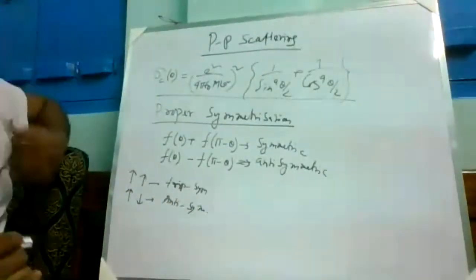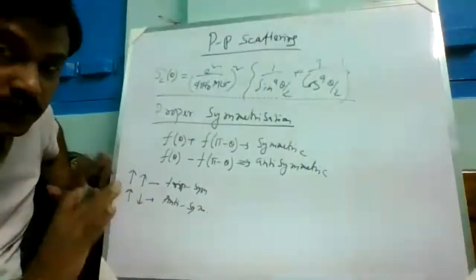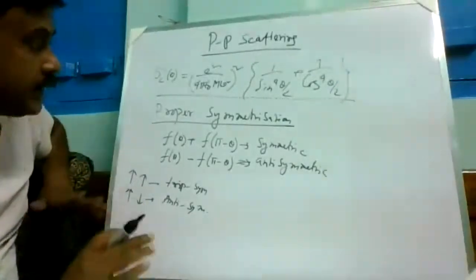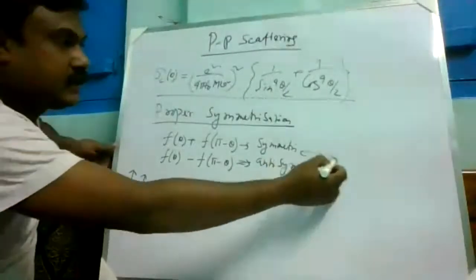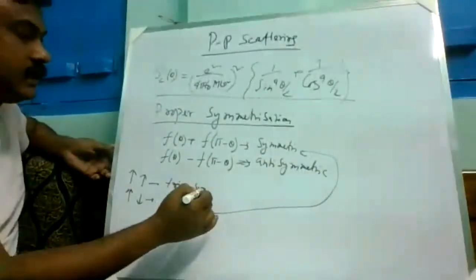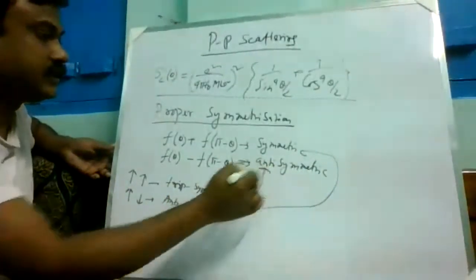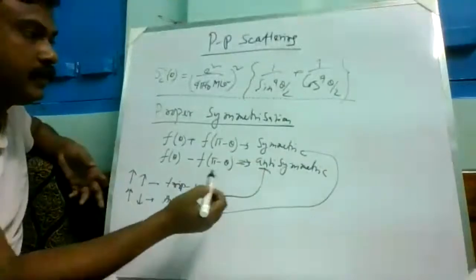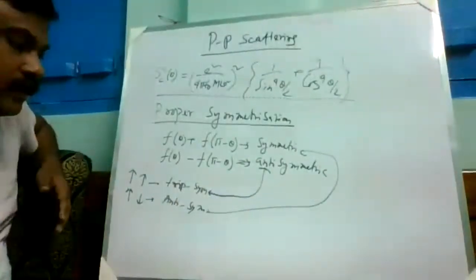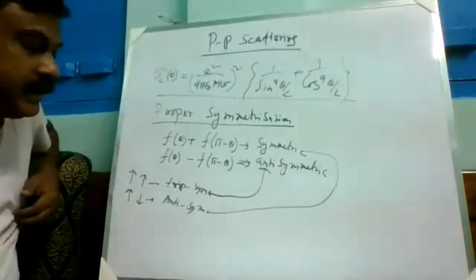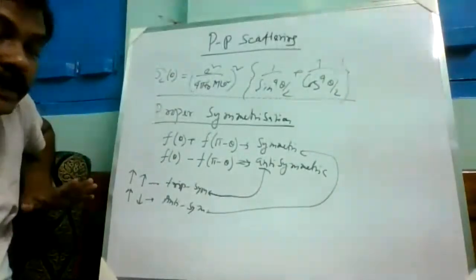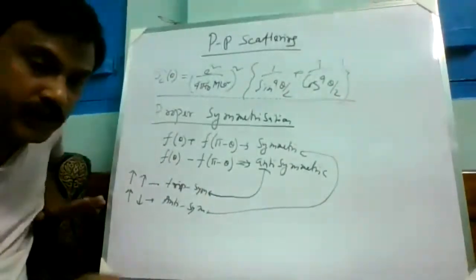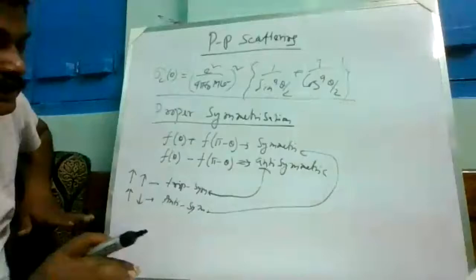To make the total function anti-symmetric, we have to couple symmetric with anti-symmetric, and anti-symmetric with symmetric. So we have to couple these two forms. So the scattering cross section, considering quantum mechanical treatment,